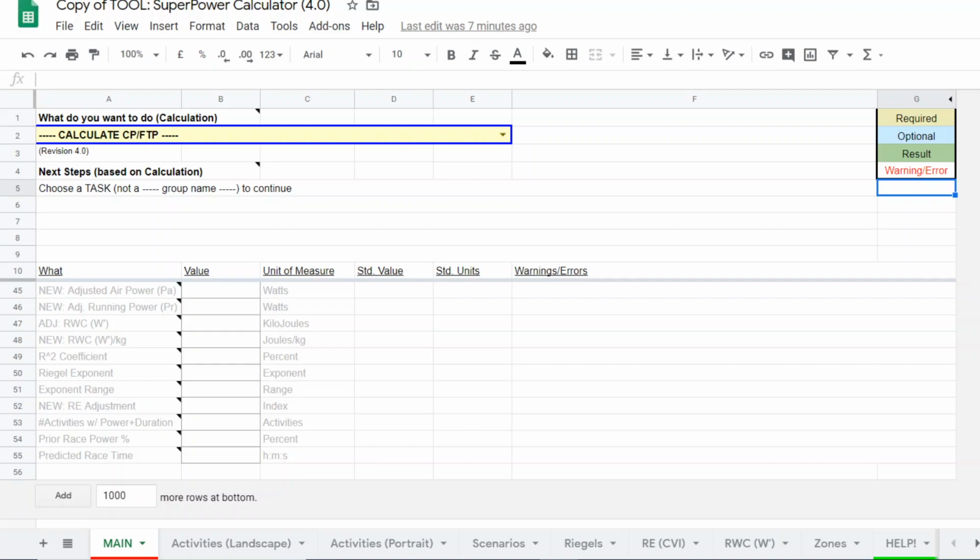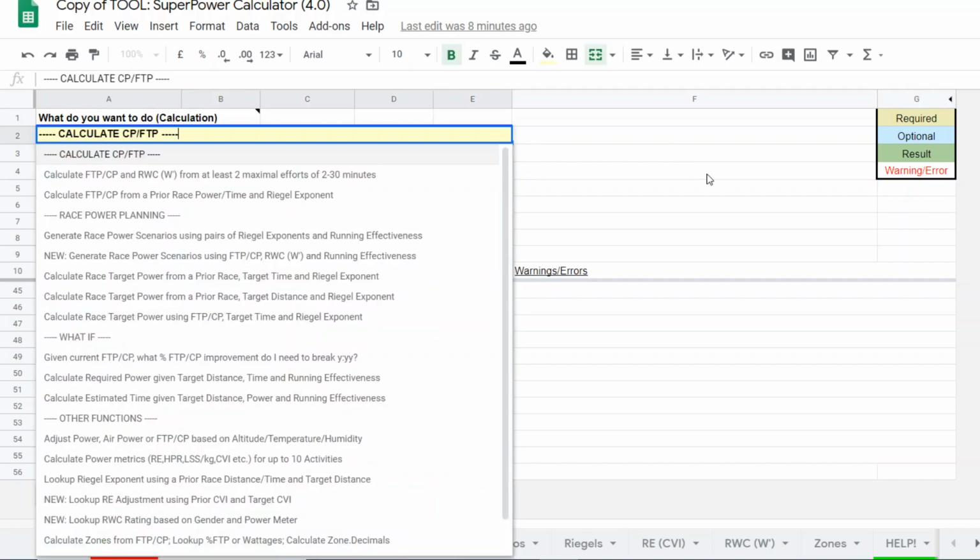So we're excited to bring you an updated version and also some new elements. And I just want to preview those at this time. I'll do more detailed videos on some of the specifics and some of the things that you can do with it now. So look for those videos on some of the new features, but I'm going to just preview them right now. So one of the things that we did in this version, version 4.0 of SuperPower Calculator, is we